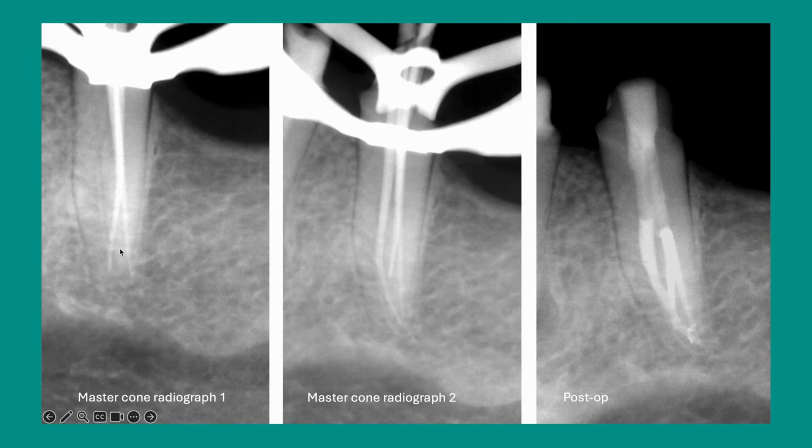So sometimes you start these cases thinking that it's a bifurcation, but often when you take a master cone radiograph or working length radiograph, you see that the existing canals, or the two canals that you found, are skewed towards one side. Again, you see that they don't have any centricity. So if it is skewed to one side and you have a large part of the tooth untreated, then again, you need to suspect that there is probably an extra canal. So in this case, there's actually three canals. These are some of the clues that you can look at radiographically before treating these teeth endodontically.